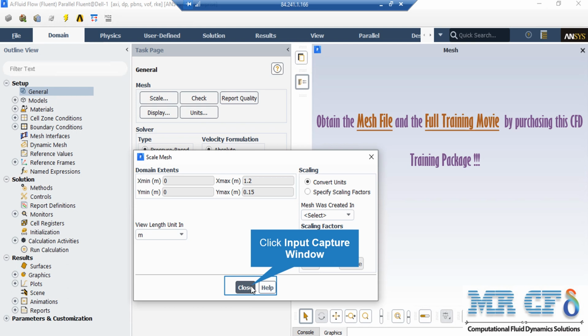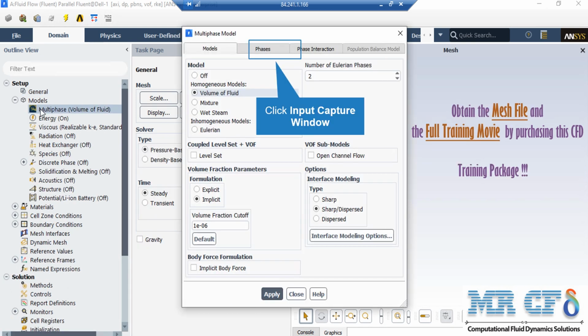For example, your geometry and mesh was designed in a software which its default unit was millimeters. By activating these scaling factors, you can change this factor to your desired factors in order to set the length to the appropriate unit. After double-clicking on the multi-phase button, under the Models tab in the appeared window, you can